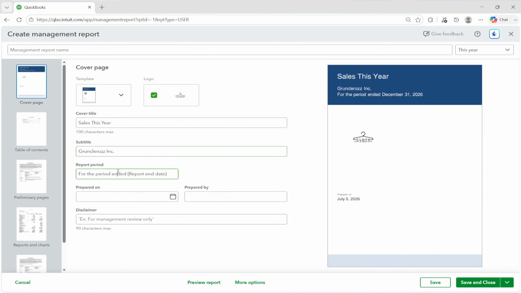At the bottom, you can add a report period. Let's say that the end date will be December 31 in 2026. You can set the prepared on as this day. So let's say this was prepared on the 30th of June. Prepared by, you can add your name. And on the disclaimer, you can set this as for management review only, or we can only set this as